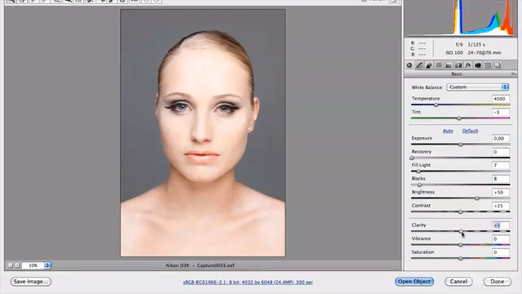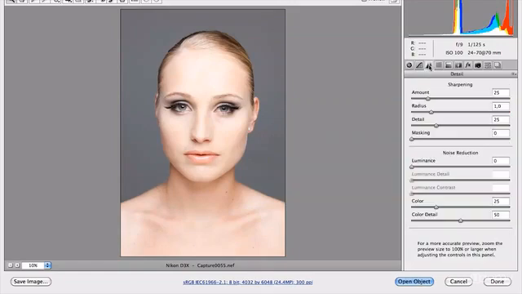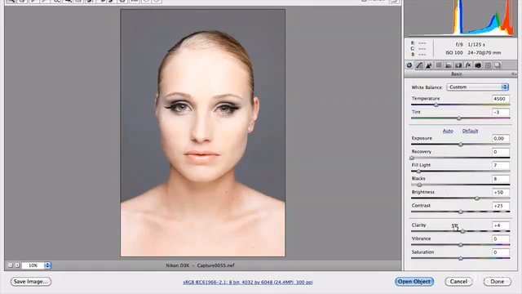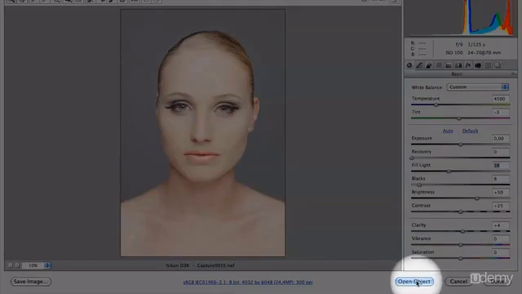Okay, turn up my blacks a little bit, clarity a little bit. I want to resharpen this a little bit, make my radius down and go down again. And I want to change my fill light all the way up so it's really, really bright. The reason why I'm doing this is I'm going to show you in a moment. Fill light, okay. So this doesn't look nice at all, but I want to use it like that for the tutorial now. So now you've done all your adjustments and you're ready to hit open object to open it in